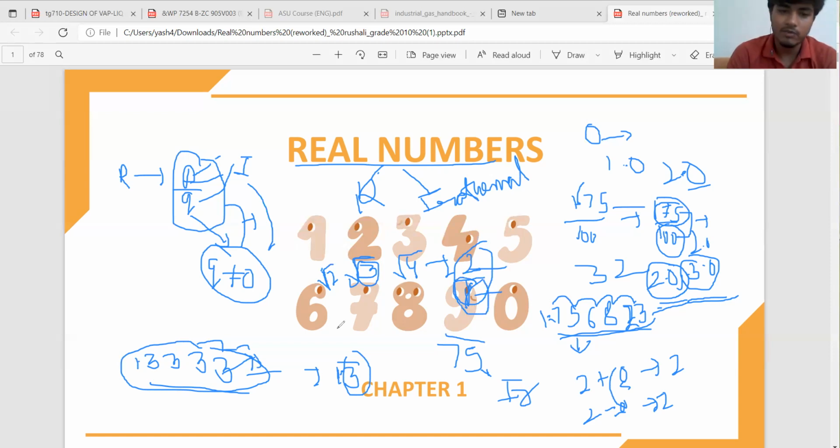But we have numbers like root 2, root 3, root 5, root 6, root 7, all these. When we have all these numbers in a root, we can say these are irrational. When we have a number in a square root and that number is not a perfect square, we can say that these numbers are irrational. Okay, everyone clear? So now this is our introduction part.